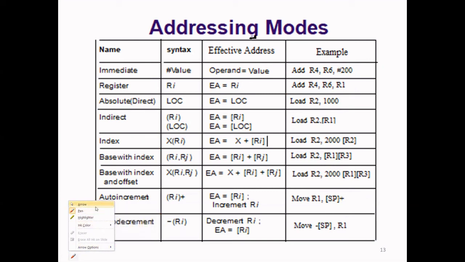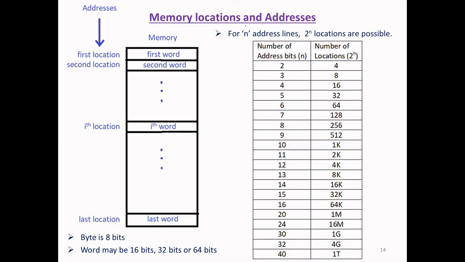Finally, the last concept we'll see, and then in the next video lecture we're going to solve the previous 10 to 15 years problems on machine instructions and addressing modes. Let us see the last concept, memory locations and addresses. What is the purpose of memory? To store the instructions as well as data. The CPU first fetches the instructions stored in the memory, then executes them, and it also takes the data required by the given instructions.